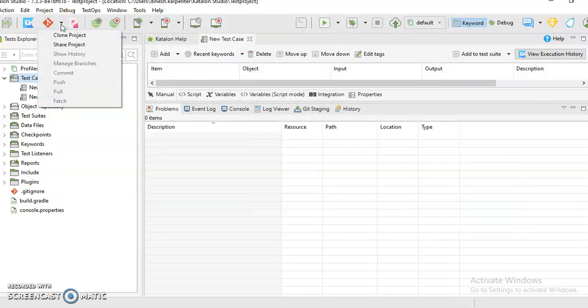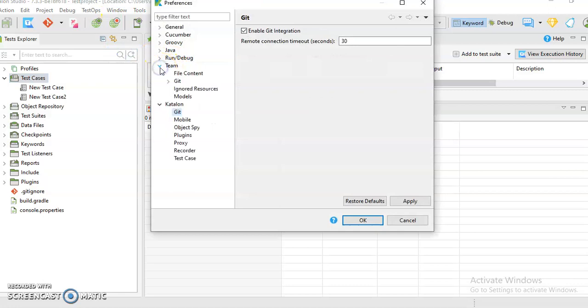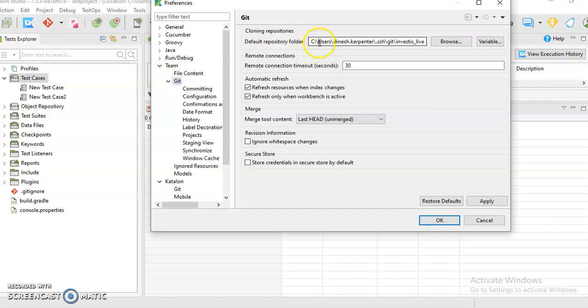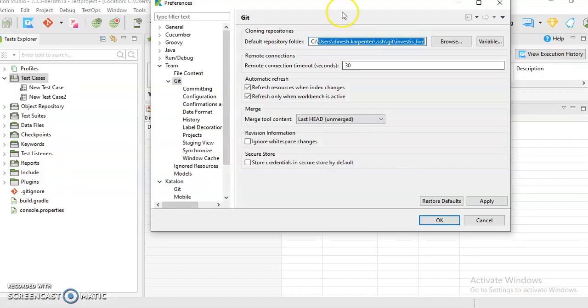Now you want to upload this code to that Git repository. For that you have to do another setting: go to Git preferences, and in Team there is again a Git. In Team, go to Git and select the project folder. Here I am pasting my repository path, because my current project is in this repository.